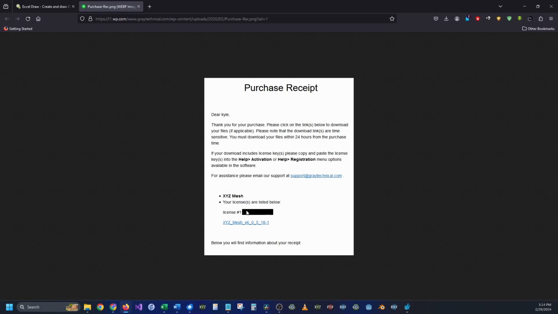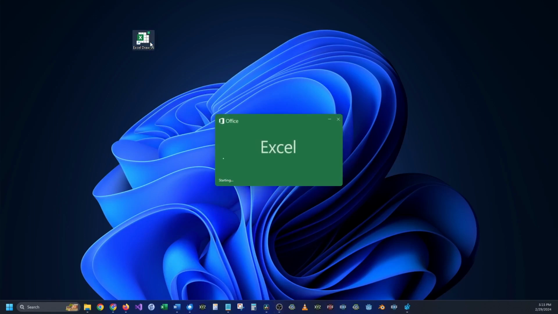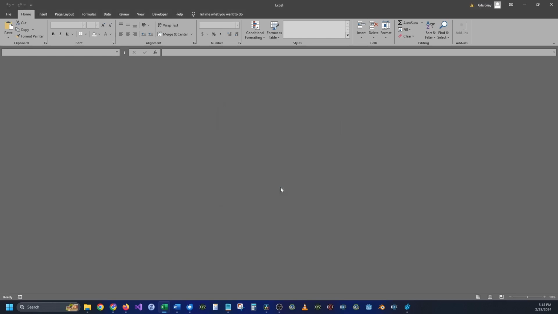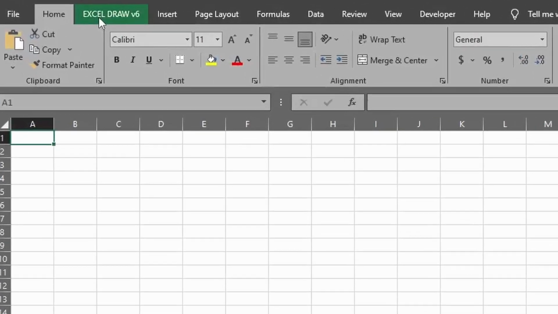Now, whenever you do purchase Excel Draw, you will be receiving an email that looks like this with your activation code on it right there. With your activation code handy, you are going to need to open Excel Draw. So just double click it from your desktop. It's going to ask you if you'd like to enable, and you say, yes, I would. And then you're going to want to go to the Excel Draw tab